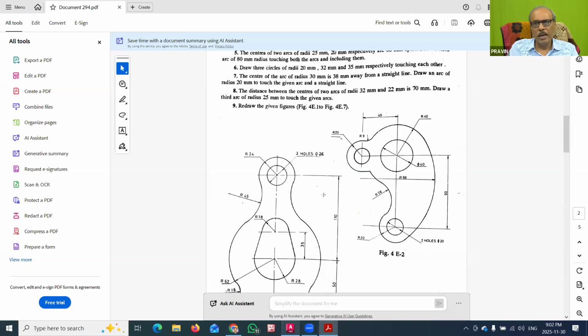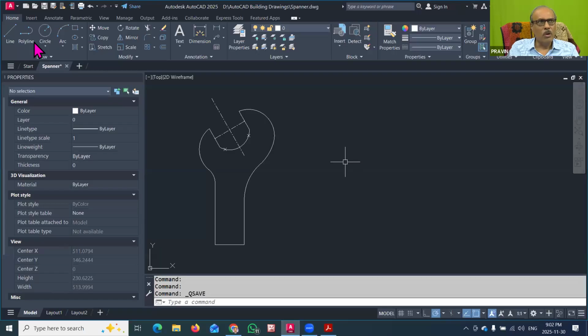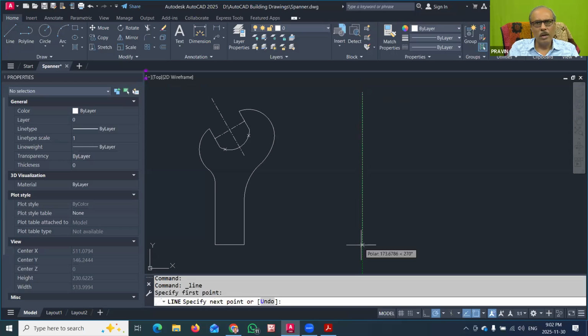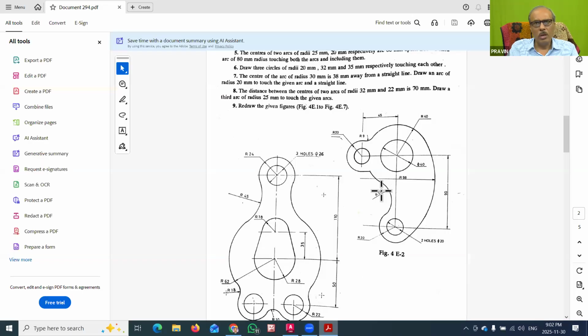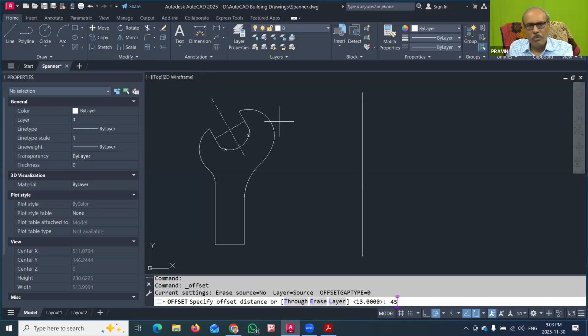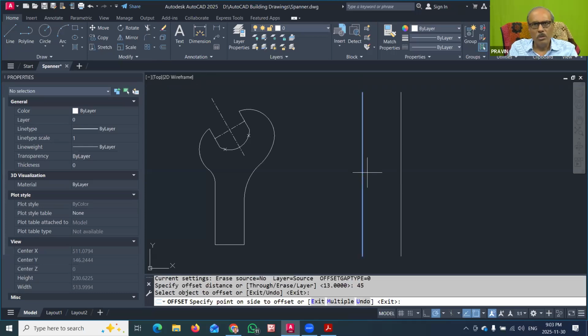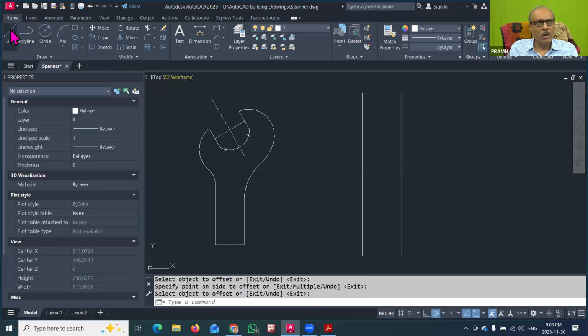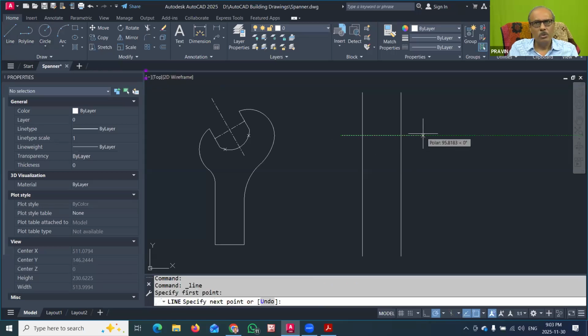So we will proceed for that. Here, I will again draw the vertical line first. We have to draw some of the lines that are construction lines. So I have just drawn one line. With this drawing, this is one center and this is another center, and the distance between them is 45. So we will offset this vertical line by 45. We go to AutoCAD, use the offset command, distance 45, enter, and now I give the distance of 45 here, and now I will draw one horizontal line. So we will get this drawing.